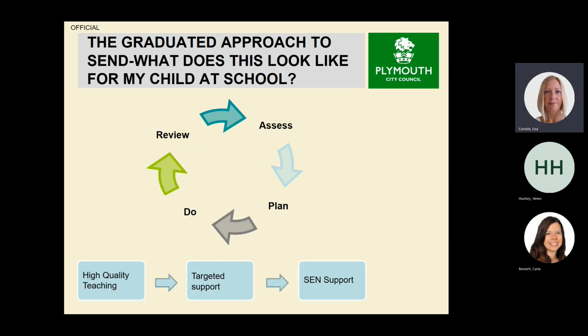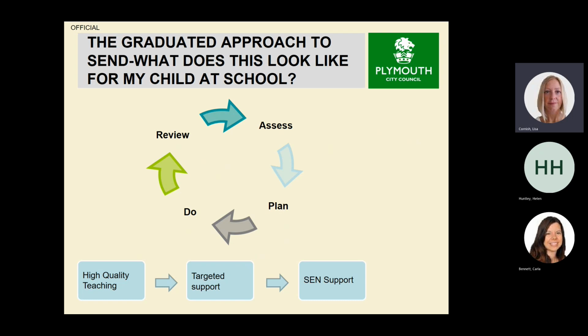What we have on this slide here is the graduated approach. If you can see at the bottom of the slide, all children have access to high quality teaching. All teachers are teachers of children with SEN, and all children will have that high quality teaching in the classroom. There could be a number of different access strategies that children will have access to in the classroom. Some children will have targeted support. This could mean that they might have some additional intervention inside or outside of the classroom to meet the targets that they have.